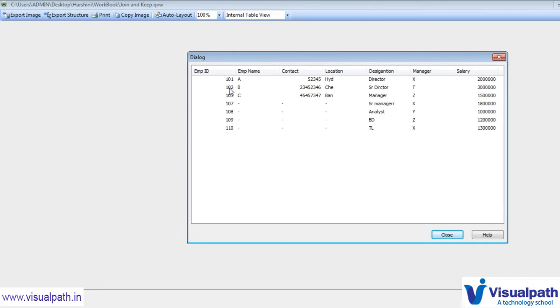So 101, 2, 3 and then 7, 8, 9, 10. But we are missing 4, 5 and 6 because those people are not present in table 2. So the right join has taken all the data from table 2 and only kept the matching data, that is the employee name, contact number and location for these three employee IDs from table 1.